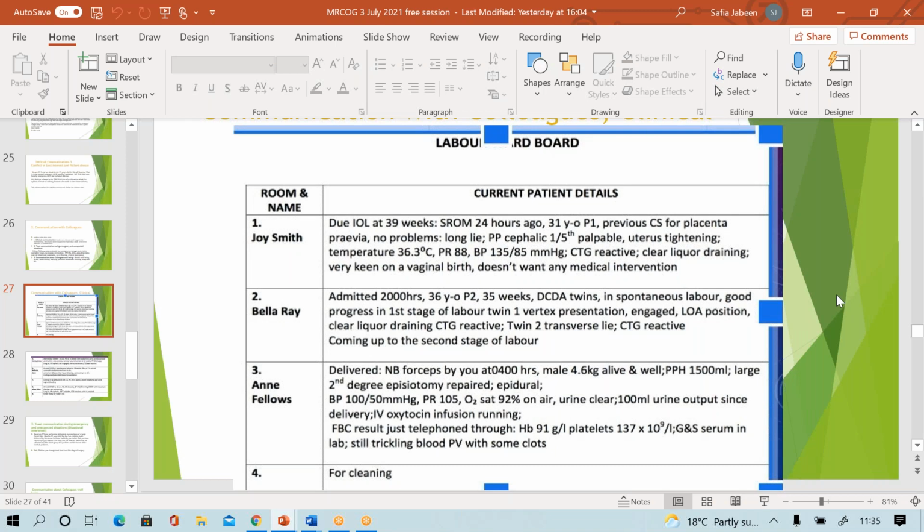For example, a para 1 waiting for induction at 37 weeks, and one with a previous stillbirth waiting for induction for IUGR. By looking at this, okay, it's induction of labor. I might have another patient with a major PPH going on, one imminent pre-eclampsia sitting over there, maybe one ruptured